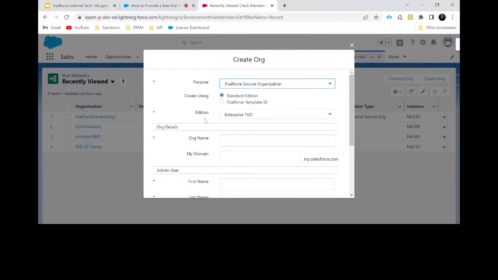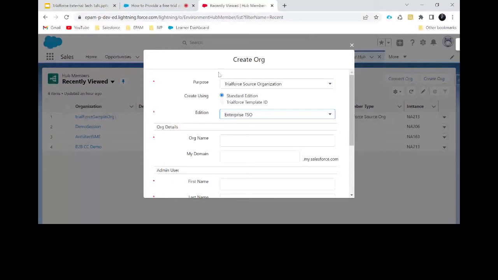Another difference is in the edition: you will have two options available, Enterprise TSO and Professional TSO. If you create the same TSO org from the TMO org, you do not have the Professional TSO edition available. It is mandatory.